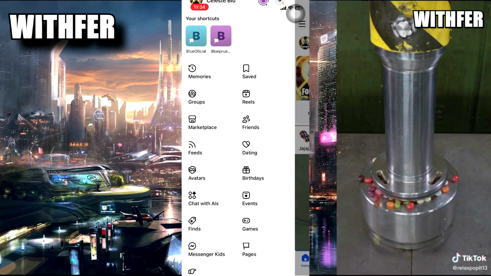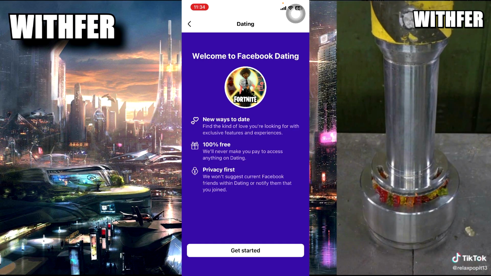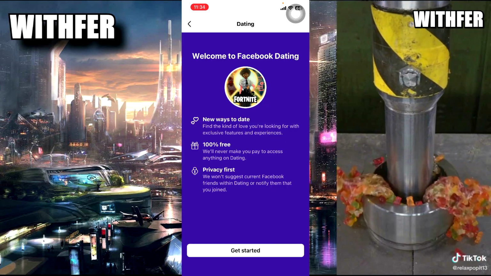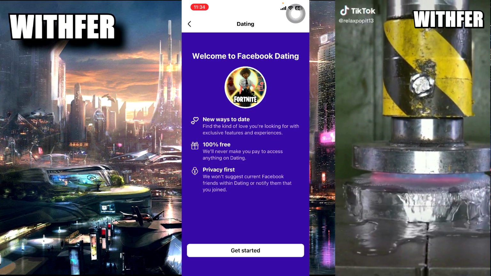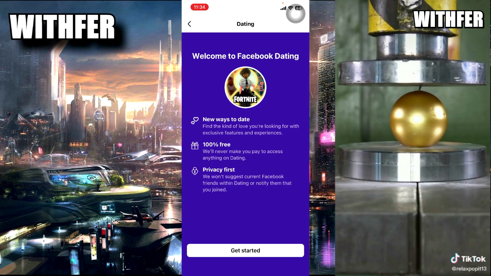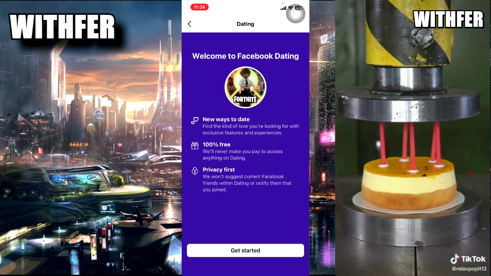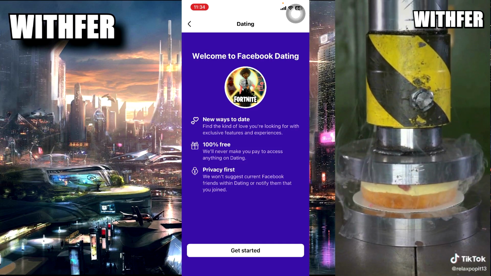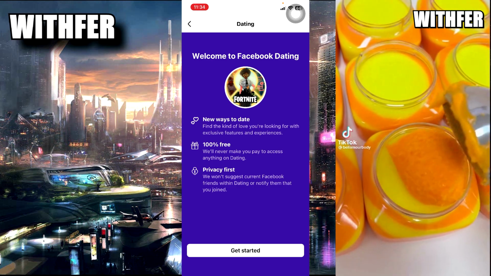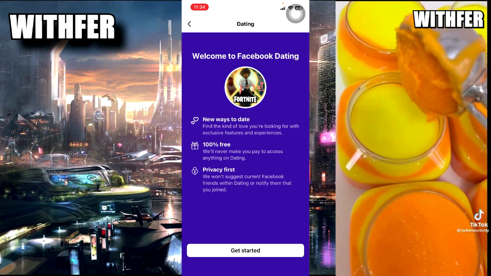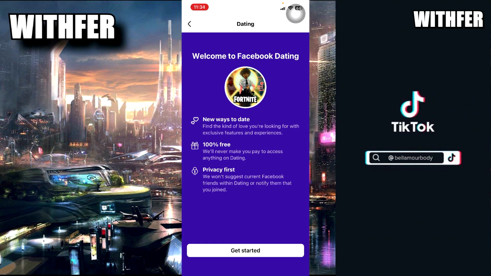Now you need to touch Dating, and this is your new profile, different from your personal profile on Facebook. Here it is like Tinder or Bumble. I don't know what is the most popular in the USA, but you need to upload your photos and make your description. Say what you are looking for, and then you can set the miles, and find girls or boys closer or farther away. This is all. Okay, you need to get started